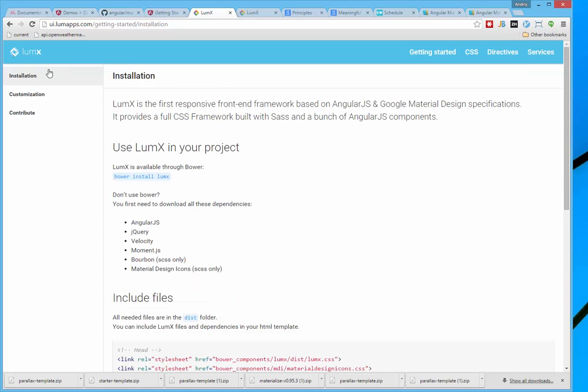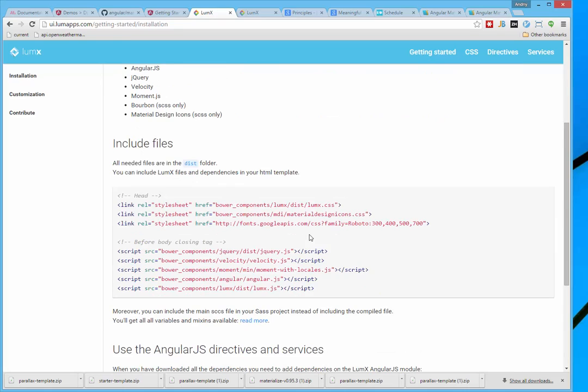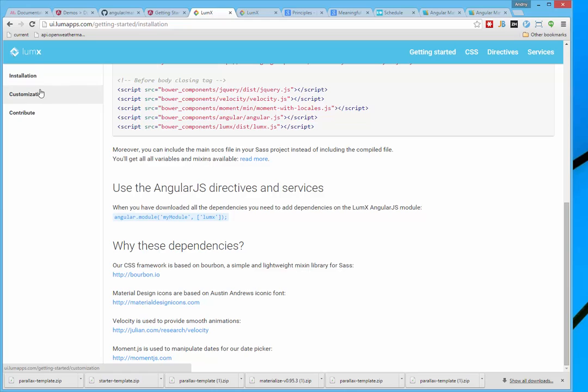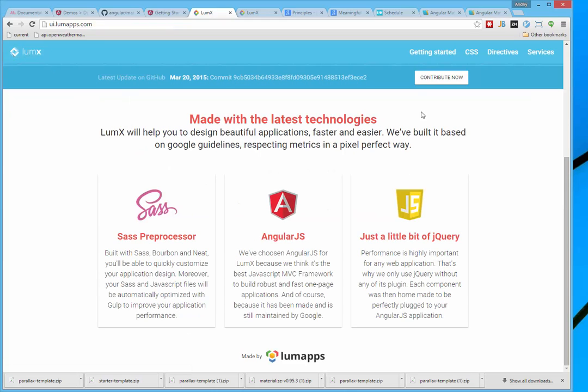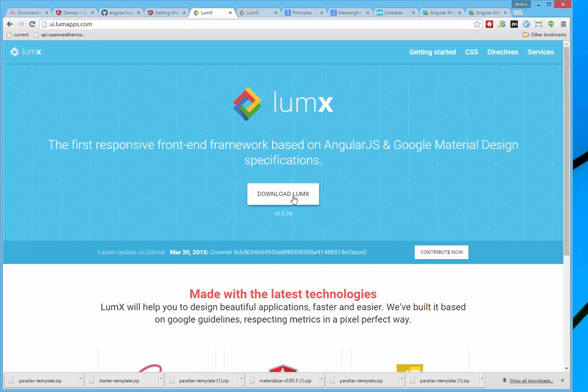And on installation, getting started, we have the possibility to download Lumx, and